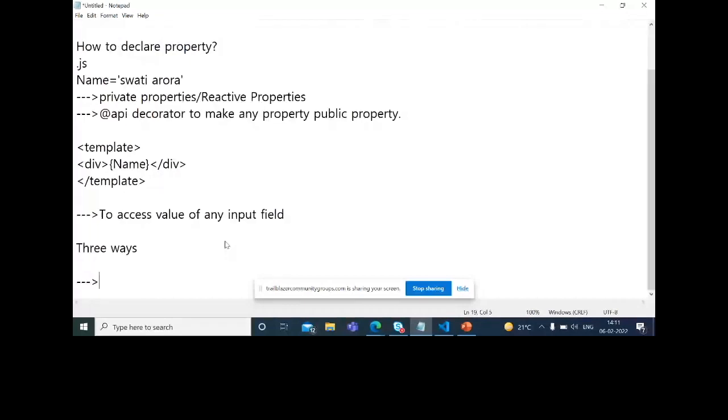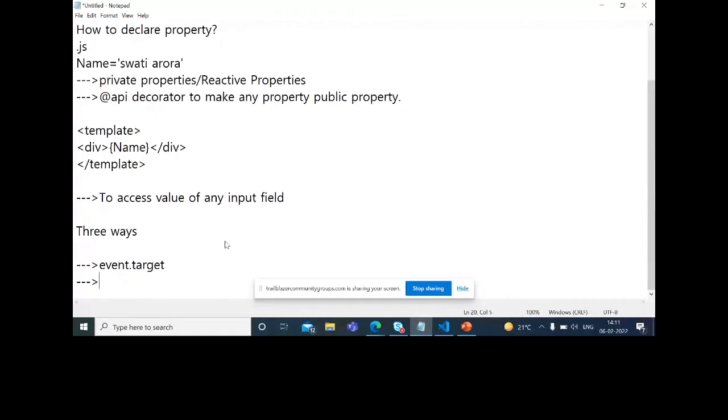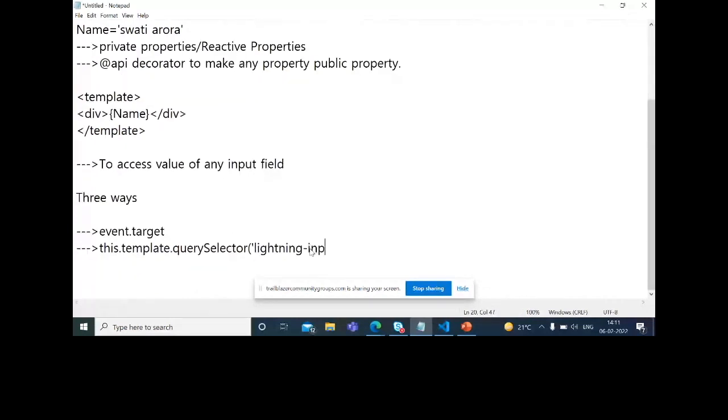First, we can use the utility event.target. Second, we can use this.template.querySelector, and we can go for the element whose value I want to see. Suppose I want to capture the value of the text box, so I can give here lightning-input. So this is again a way.